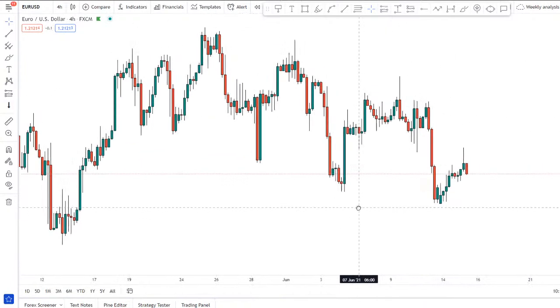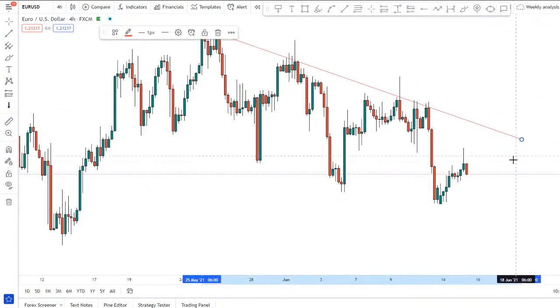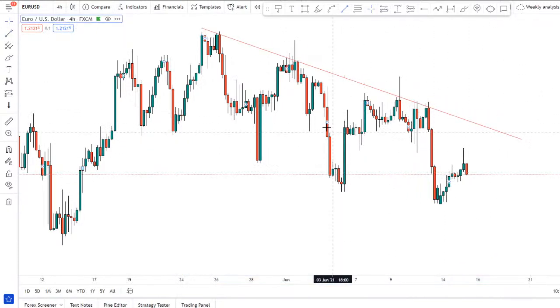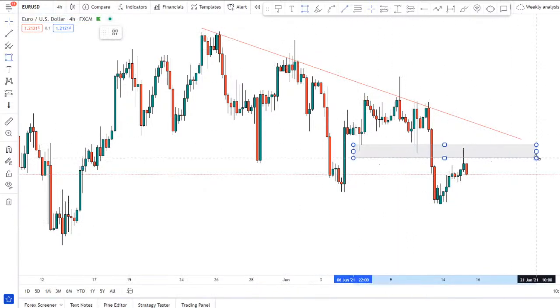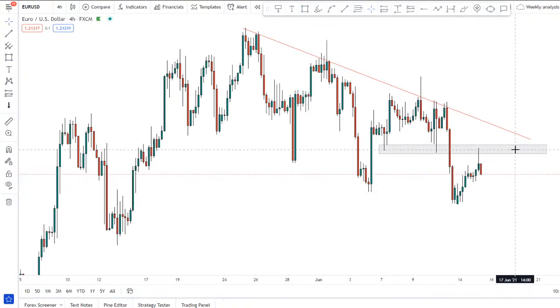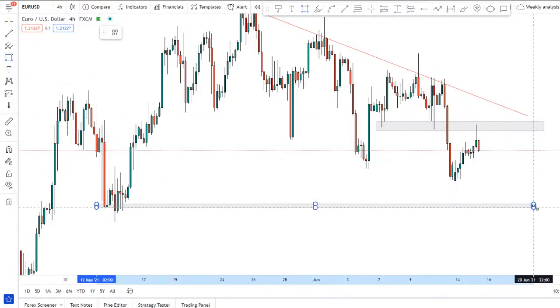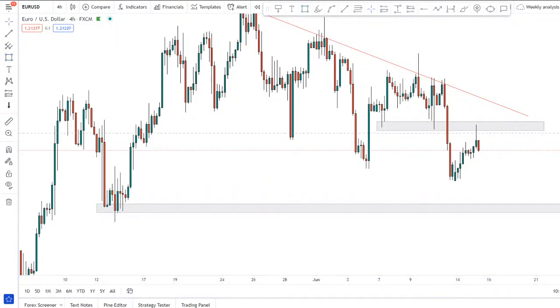Bias is still very much to the downside, and I don't expect to see the market start breaking through some key levels of structure. Again, really nice area of resistance there with that trend line, and it looks like the market has just pulled back into this area where we've got those wicks, as you can see, 1, 2, pull back into that, and we're now getting a bit of a bearish reaction. So potentially we could be seeing a continuation of that downward trend, and see another leg to the downside,